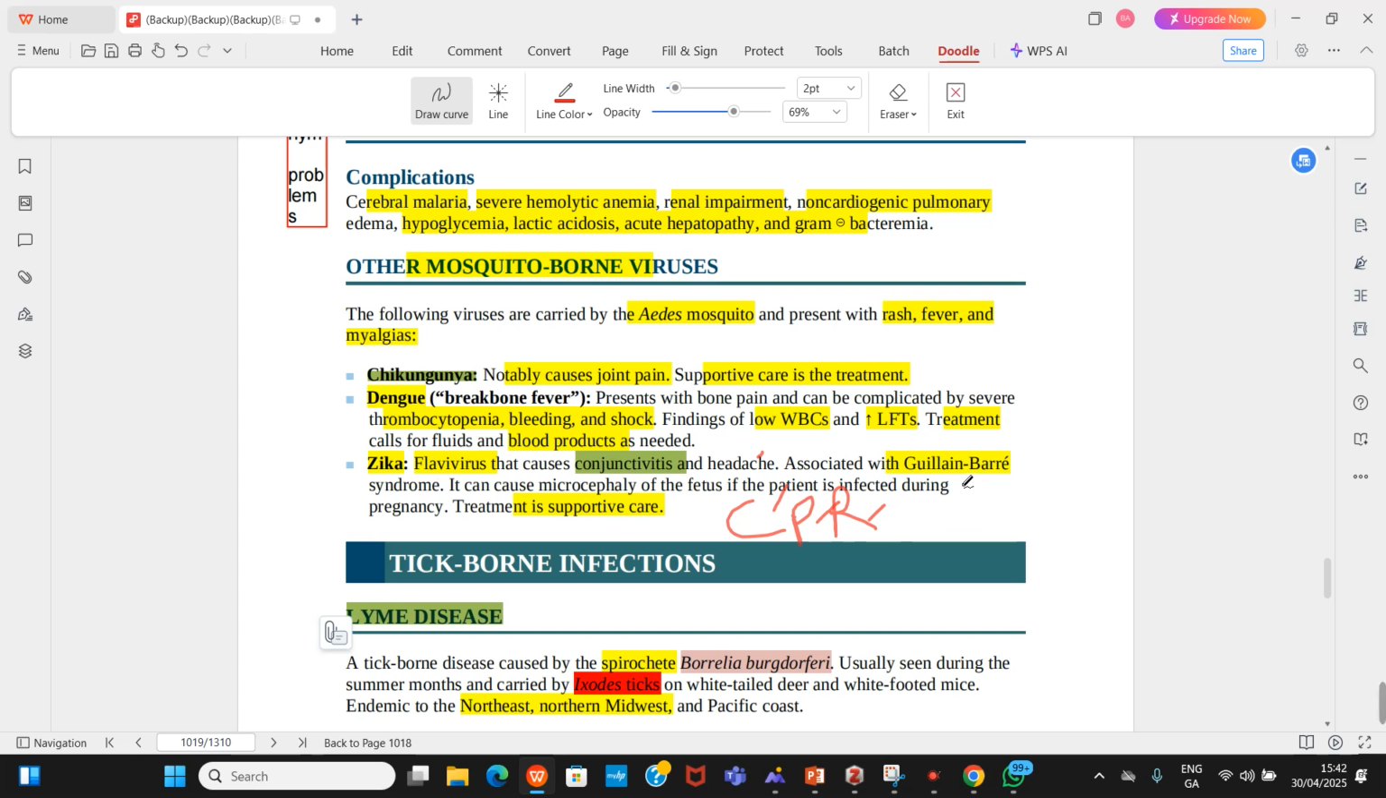So Zika can cause a lot of problems. Guillain-Barré is one of them. It can cause Guillain-Barré syndrome. It can cause congenital Zika problem, in which you are going to be seeing features of MOM. Step 1, MOM. So you are going to be having ocular problems. The baby is going to be having ocular problems. They can be having motor problems,